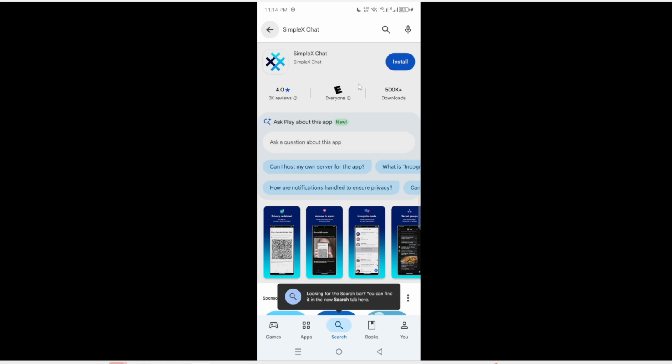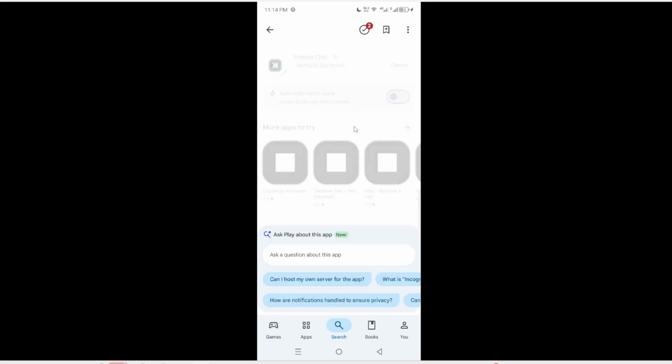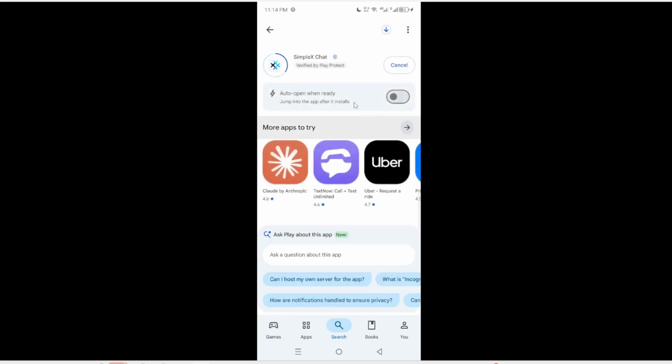Once you've selected the app, you will see an Install button. Tap on this button to begin the installation process. The button is usually green and easy to spot. After you tap it, the app will start downloading to your device. Depending on your internet connection, this may take a few moments. You will see a progress bar indicating the download status. This little step saves you a lot of time later because it ensures that you have the latest version of